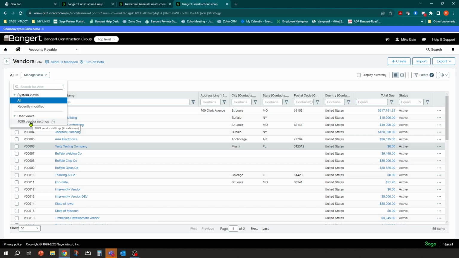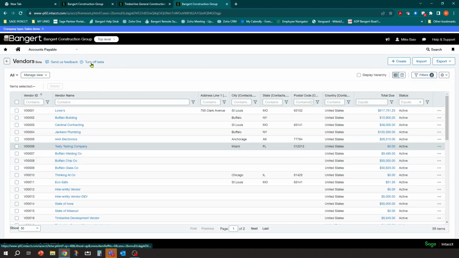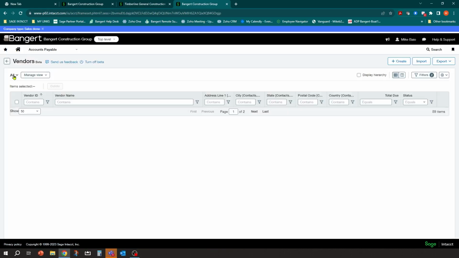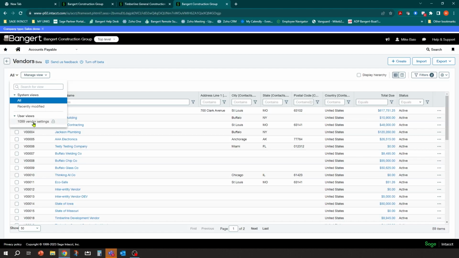If this is just a user-specific view for myself, you can make it user-specific or you can roll it out to the whole company if you want to. All of this stays for the beta. So even if I turn it off, and if I turn it back on, all my different views remain in there for me.